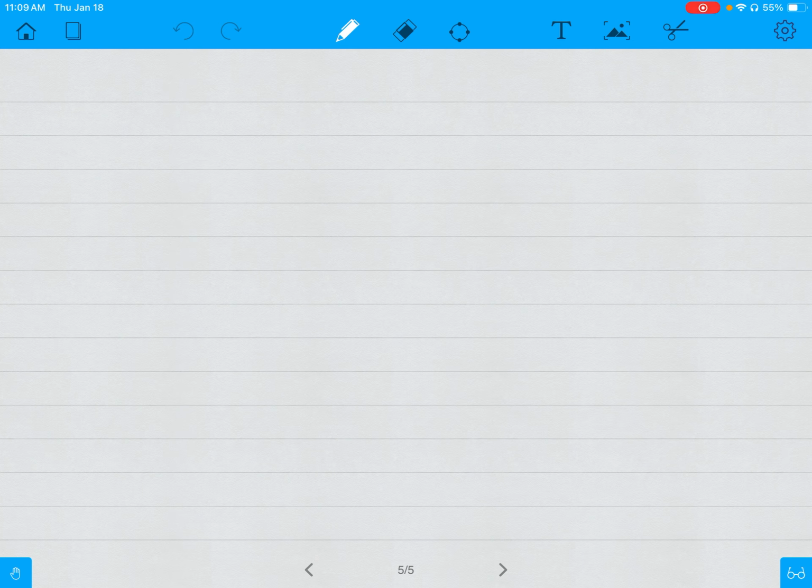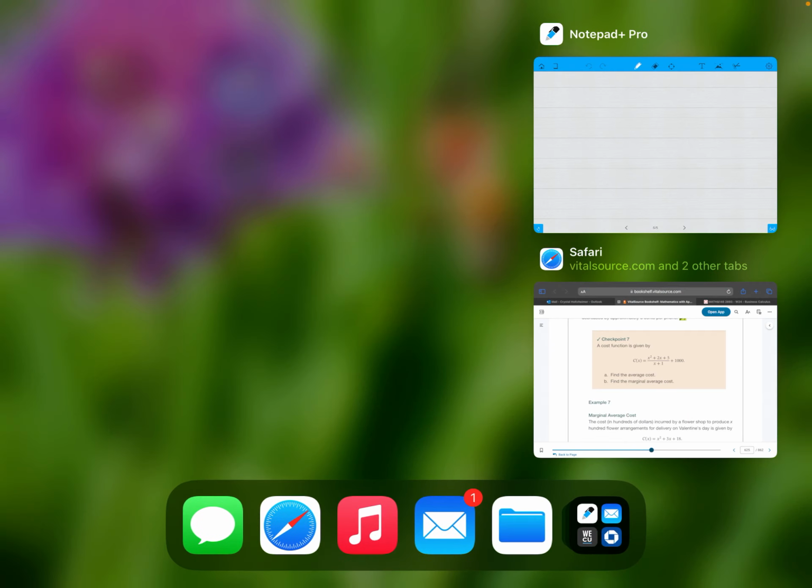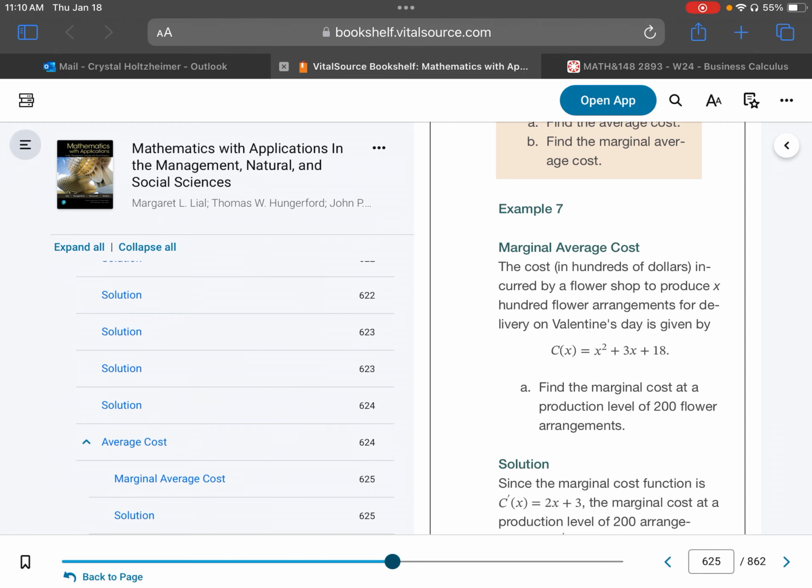So let's take a look at this in action, and I'm actually going to borrow a problem from your textbook because I'm really bad at inventing these off the top of my head in ways that will work out logically and make actual sense. So I'm grabbing checkpoint 7 from section 11.6,